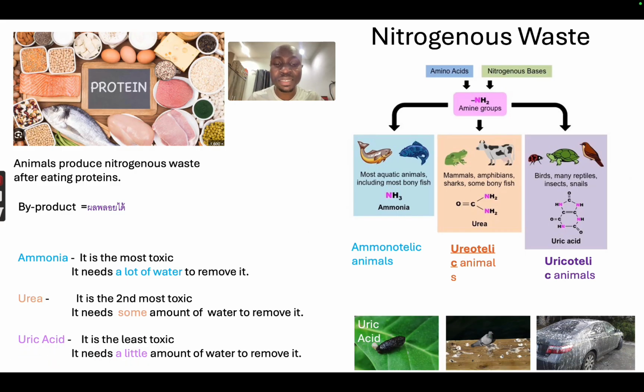to the cells. If you have ever seen a lizard poop, you see this white material. The white material is the uric acid. You can see it looks solid because we don't need too much water to remove it. If you also see the poop of a bird, you see some white material in there. This is their uric acid.